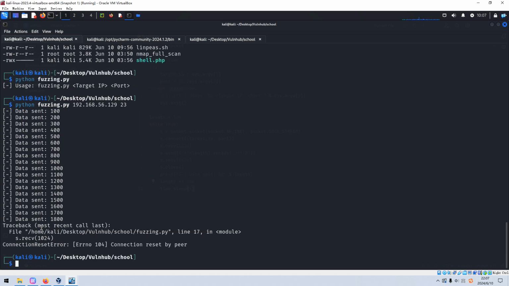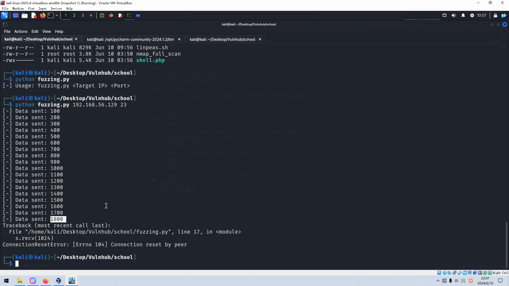EIP stands for the extended instruction pointer. As you can see, I think the offset of the EIP is around 1,800. Next, we can look for the bad characters.